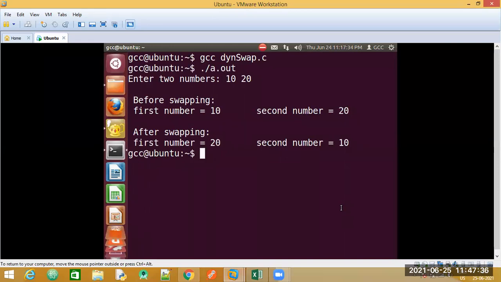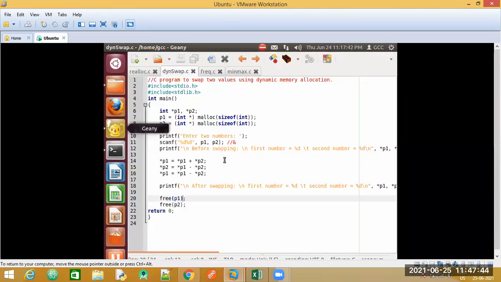You can see before swapping and after swapping, the values have been exchanged. I hope you are aware that this slash t will act as a tab, as a space. So this is how we are able to swap two numbers using dynamic memory allocation. Is this program understood?